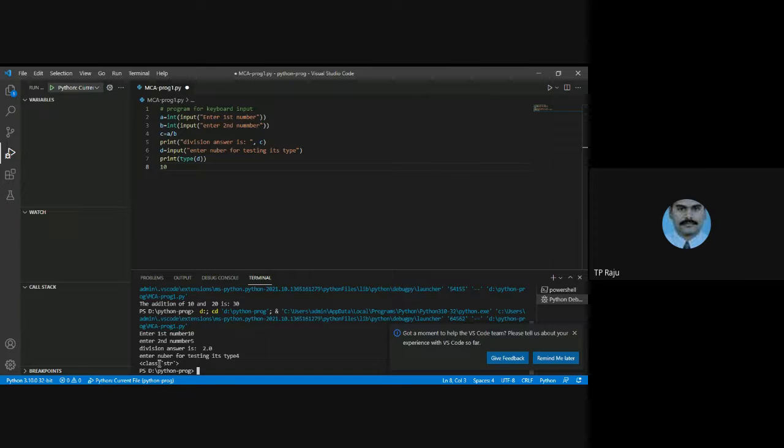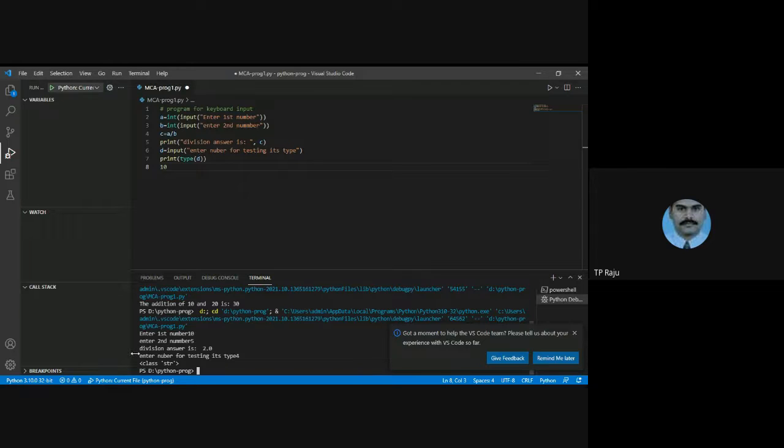The type function is returning the data type of the value. It is str, string. With this output, we are able to understand that the input function returns the value in the form of string only. If you want to get that value in integer, you have to convert that string value into int.